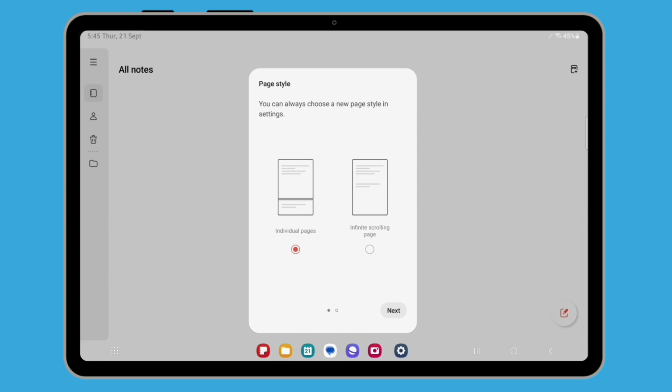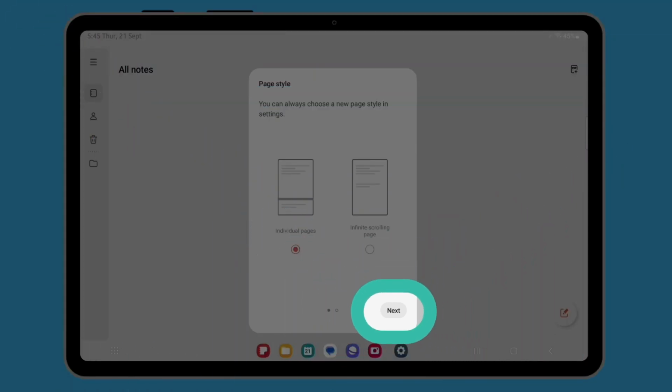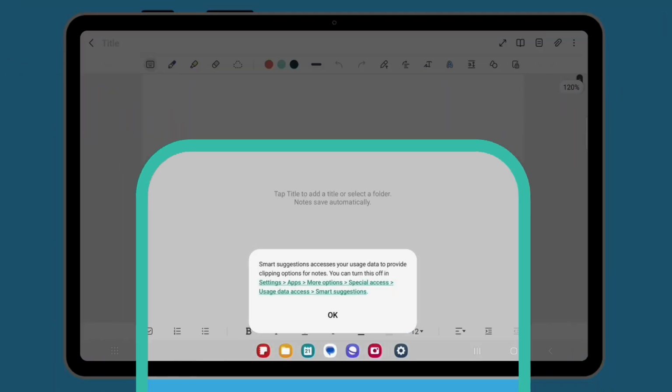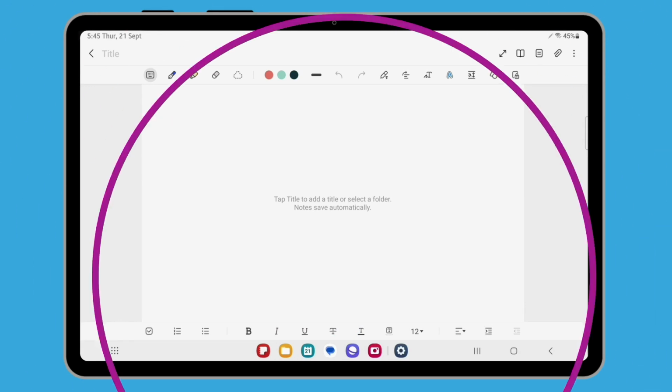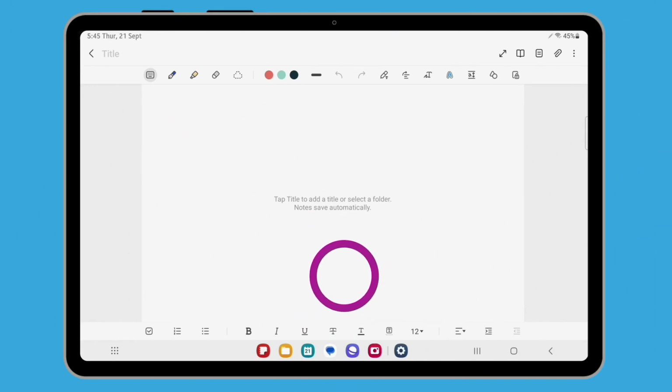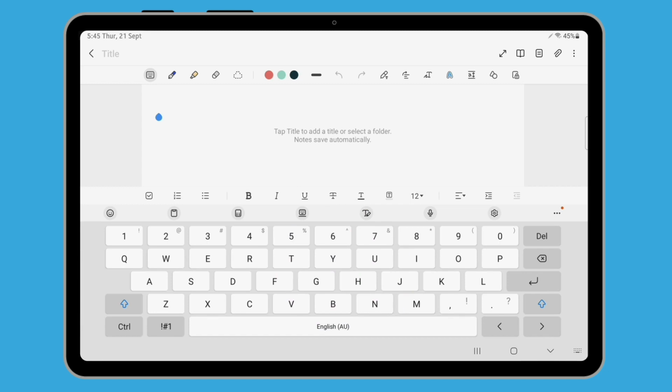Some pop-ups about the format of your notes might appear, and it's okay to accept the default settings. Tap Next, then Done, then OK. When a blank note screen appears, tap the screen to display the keyboard. You could start typing now, but we're going to use voice dictation instead.